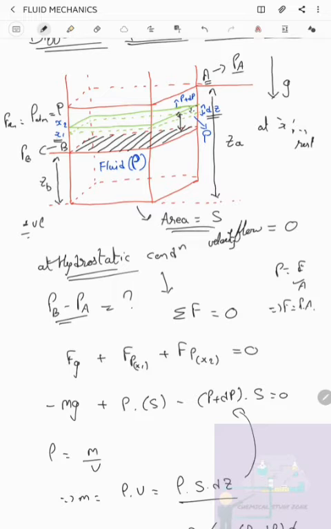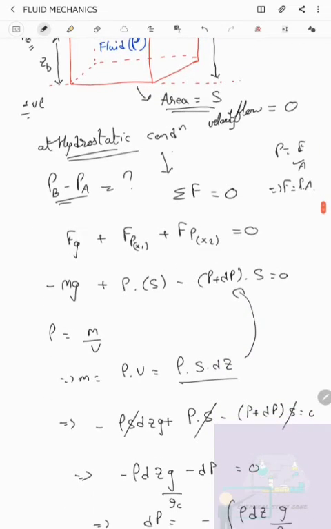Now I am going to expand this liquid to this point x2, which is the dark green line, of the differential volume or differential height dz. That means x2 minus x1. As we have expanded, it shows some force on the fluid in the downward direction. So the pressure force at this point x2 will be P plus dP. Now I will find the differential pressure between these 2 points and integrate it between these points, B and A.